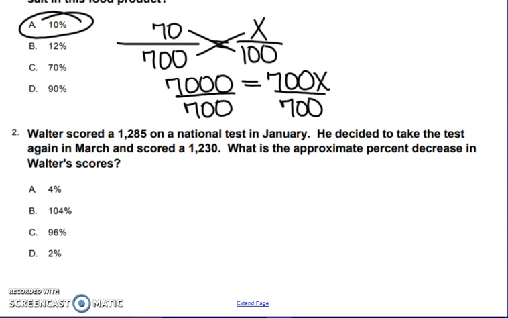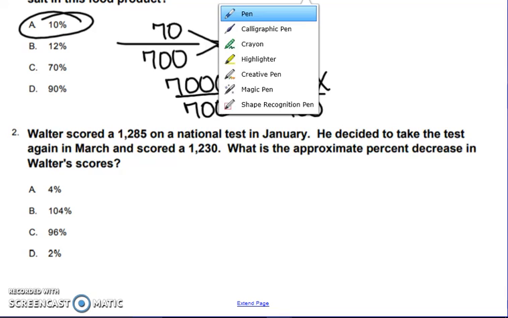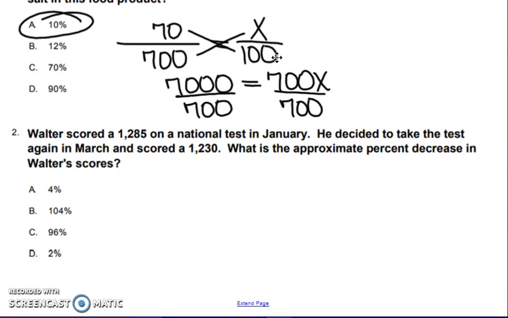Number 2, Walter scored a 1,285 on a national test in January. He decided to take the test again in March and scored a 1,230. What is the approximate decrease in Walter's scores? So again, the first thing I want to do is look for my two numbers. I have 1,285,